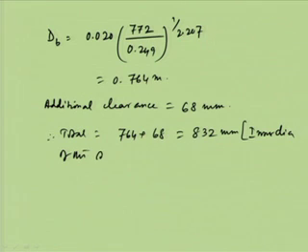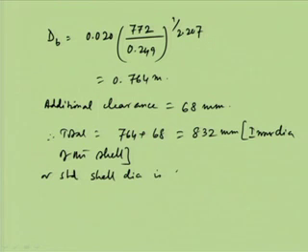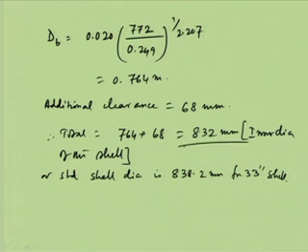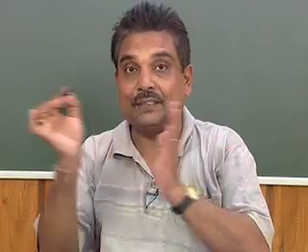Now, this inner diameter of the shell, either we can fabricate with this, or the standard shell diameter is 838.2 millimeter for a 33-inch shell. So, either this can be used or this can be used. We will go by these values. Okay. Now, once we have done this, then we have to go for the tube side calculation. So, we have selected the tubes, we have selected the shell. Now, the tube side calculation.